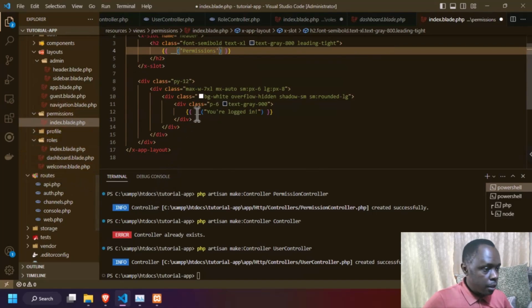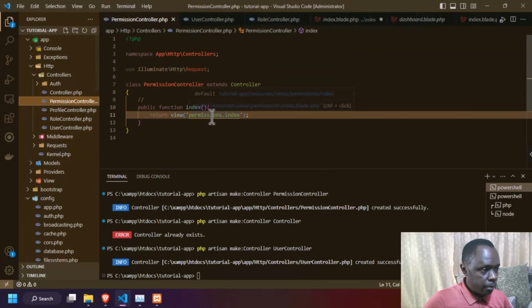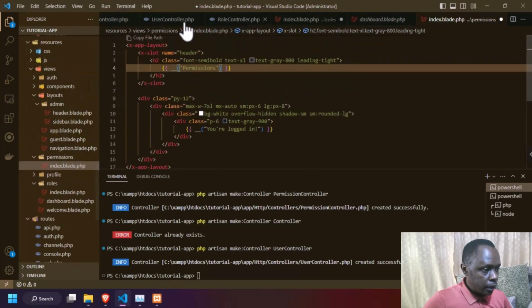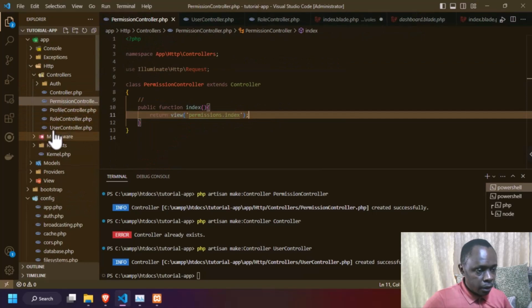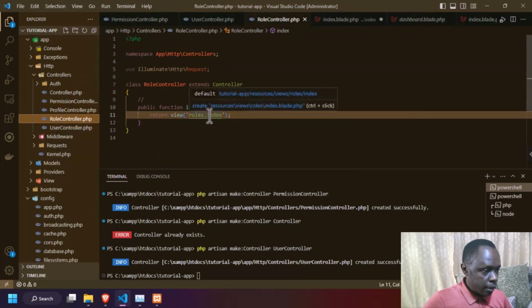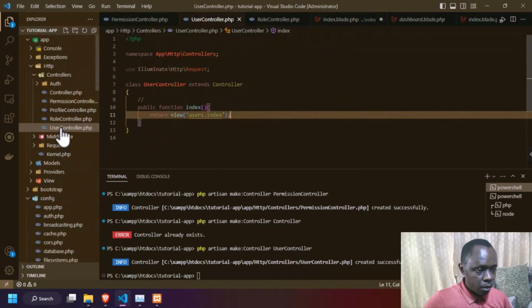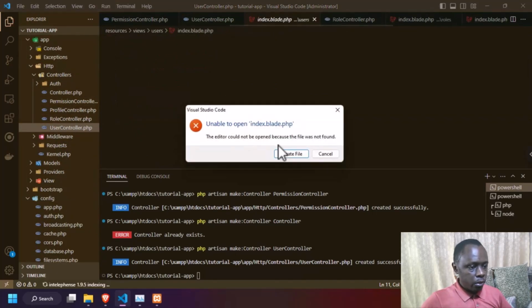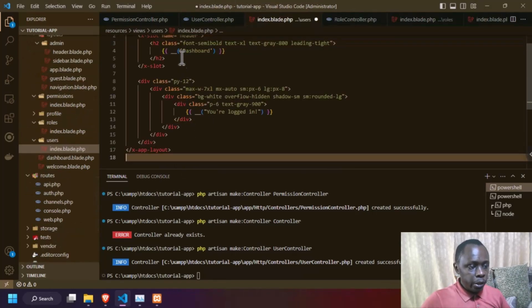We had roles, permissions. Permissions controller, user controller, permissions controller, roles controller. Role is there. User controller, the same time users controller. So we ensure that all this is there. Users controller, and then you give it the name users